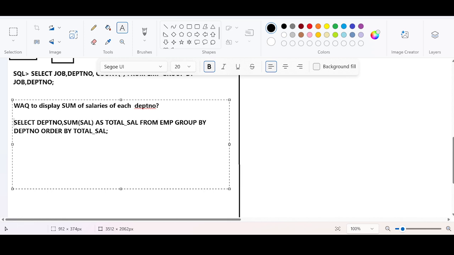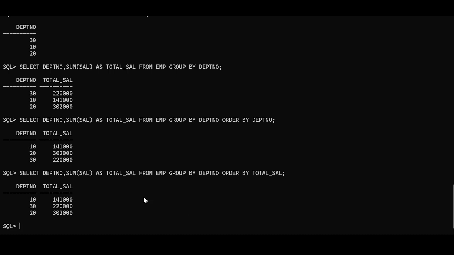Now one more thing I have. See, now focus here. When I say select department number, when I say sum, let us apply all the aggregate functions for now. Let us say select department number. I want to apply all the aggregate functions. First I want to apply the count function, count as counting, comma, sum salary as